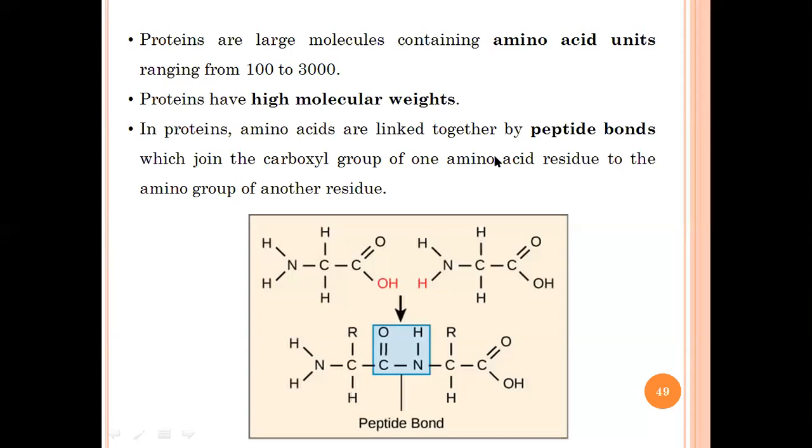peptide bonds. So I understand ये first time जब definitely तुम लोगों ने fingers पे count किया रहेगा इसके दोनों के बीच में एक, दोनों के बीच में एक. Yeah, so there will be 9, but then there is a simple formula n minus 1. N is the number of amino acids and you just need to do a minus 1. So if I have 10, then 10 minus 1, 9. अगर अभी तुम लोगों को 10 बोला so you can just count on a finger. But what if I told you there are 100 amino acids? तो तुम लोग क्या count करते बैठोगे? No, you will just do 100 minus 1 and there will be 99 peptide bonds.